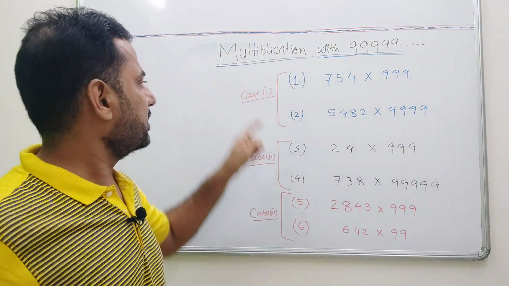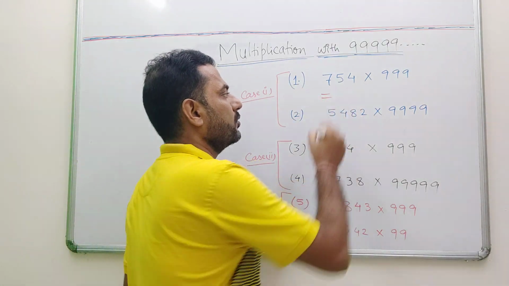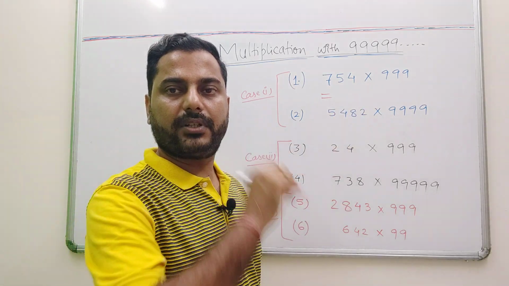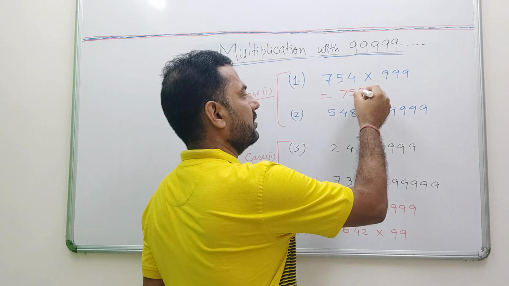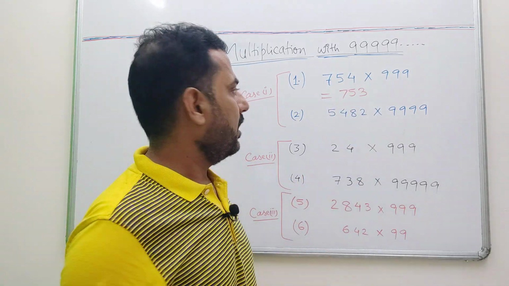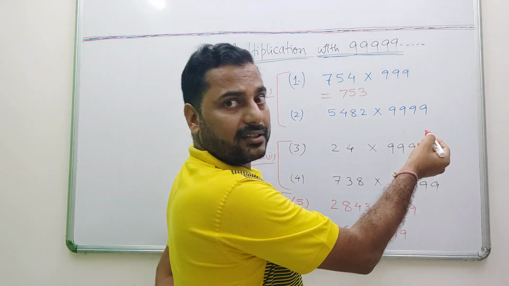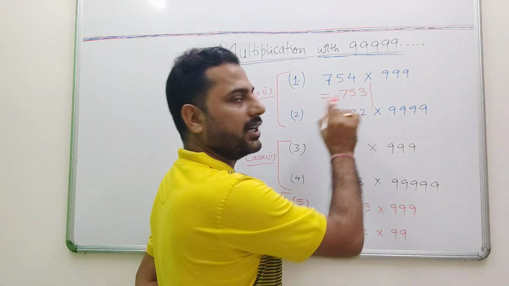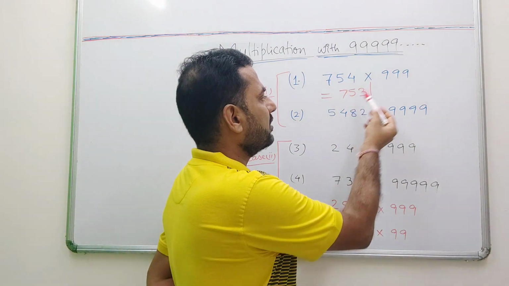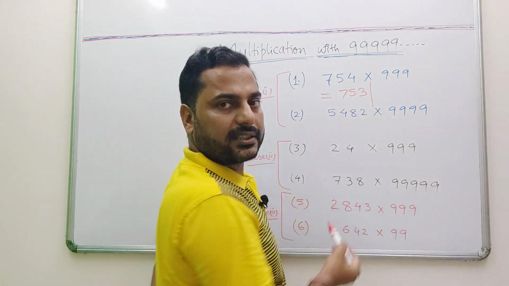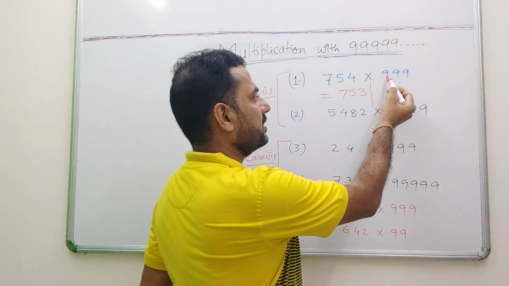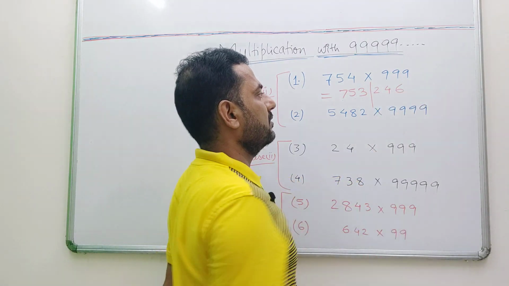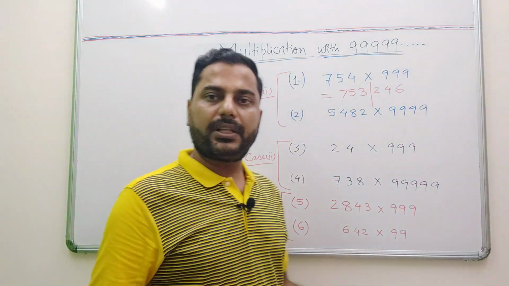Now first, let us understand this case. The rule says whatever is the number given to us, in this case it is 754, subtract 1 from the number. So I will write here 753, 1 less than the given number. And then on the right hand side, this answer has 2 sides actually, left and right. On the left hand side I have taken 754 minus 1. On the right hand side I will take the difference of each of these 3 digits from 9. For example, 9 minus 7 will be 2, 9 minus 5 will be 4, 9 minus 3 is 6, and that gives the answer. It is as simple as that.